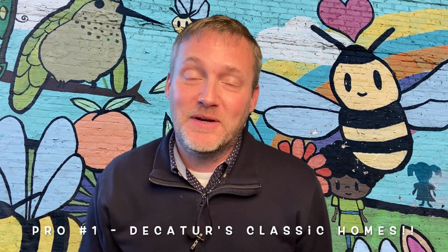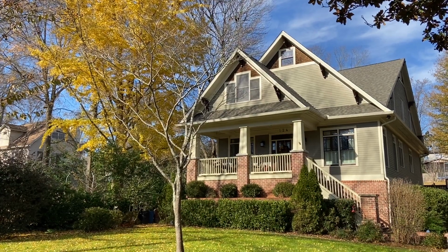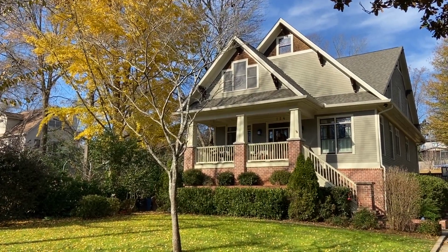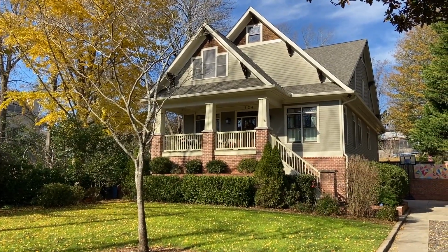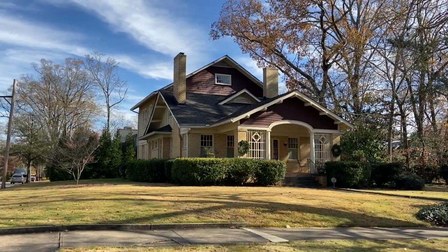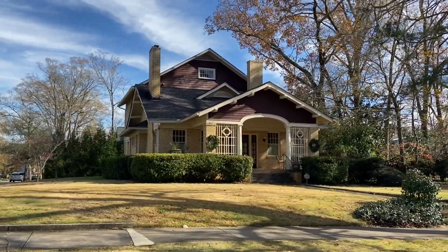So now that we've established the charms of the downtown square, we can get to pro number one. If you love classic American architecture, Decatur is the place for you. The city of Decatur has some of the most beautiful and historically significant houses and neighborhoods you'll find anywhere in Atlanta. Most of the houses date from the 1910s to the 1940s, although there are some new build homes sprinkled in